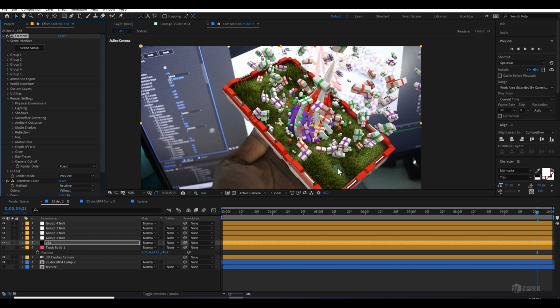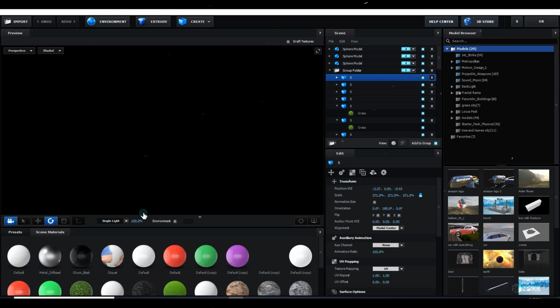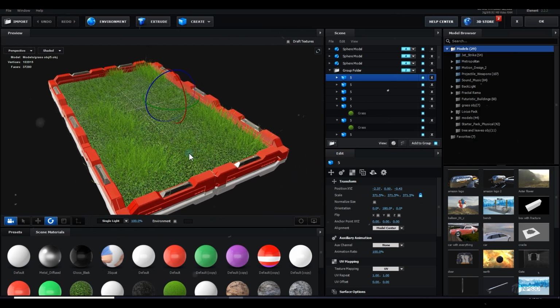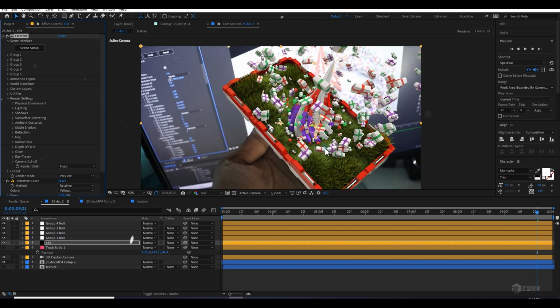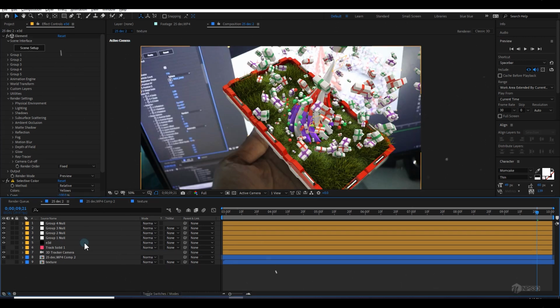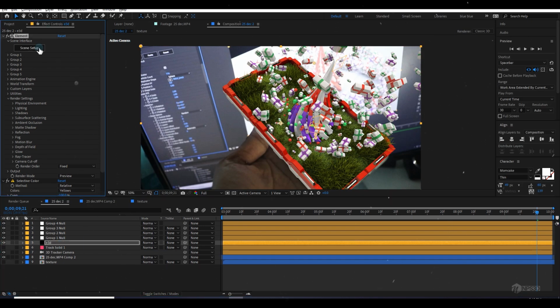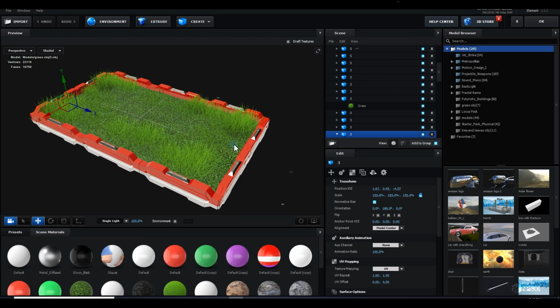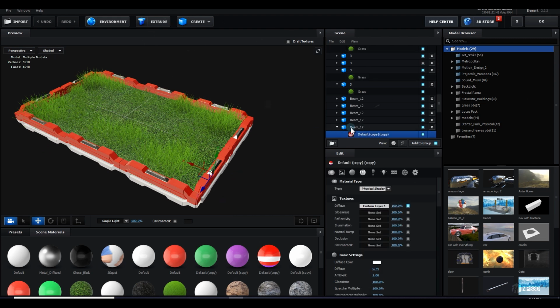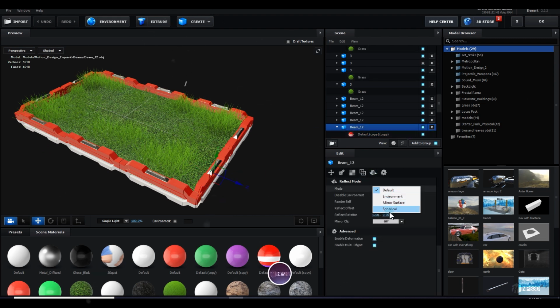And you can also use more grasses to spread all around the scene. So I want it perfect. The whole scene looks pretty good to me. Now let's select Element 3D, go to the scene setup, and let's pick a few things for the final adjustment. First, I'm going to select every beam and make sure this is spherical.